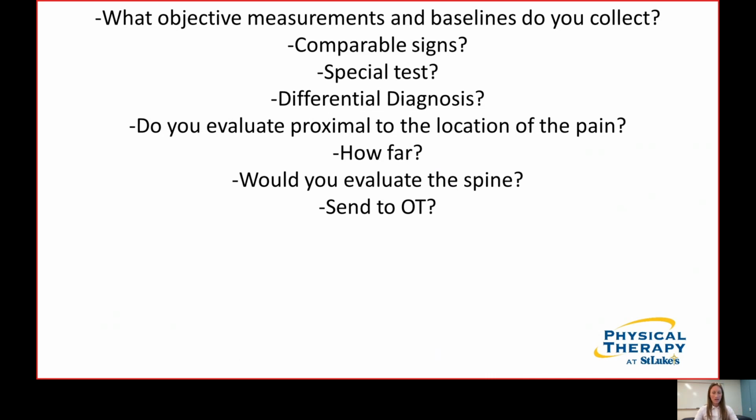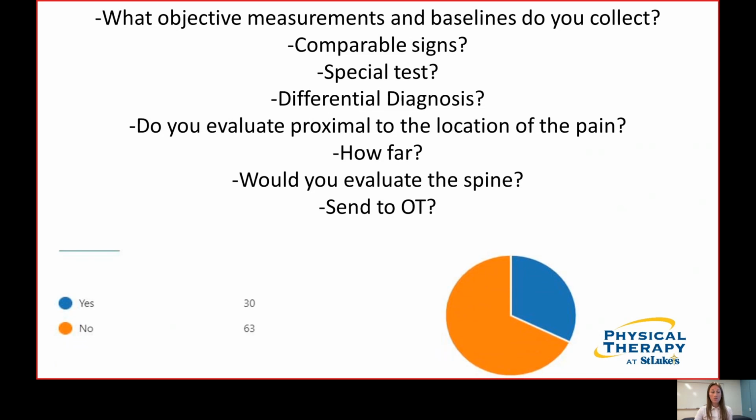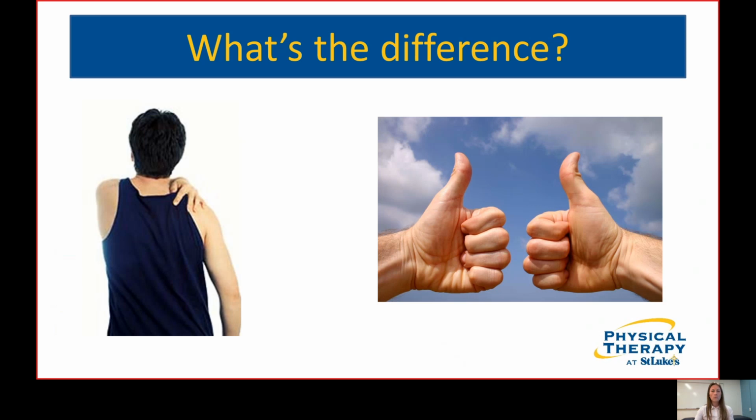So based on our surveys, just under a third of us said, I want to look at this gentleman's spine and rule that out. So what's the difference between these two cases besides the blatantly obvious? Case A, this distribution of symptoms are near the neck, sounds pretty nerve related. He uses the term radiating, right? So the mechanism of injury is inclusive of the neck for sure. Case B though, there's no indication of symptoms anywhere else. Walks like a thumb, quacks like a thumb, doesn't follow a clear distribution of patterns that would make you think, oh, I should look at the neck.